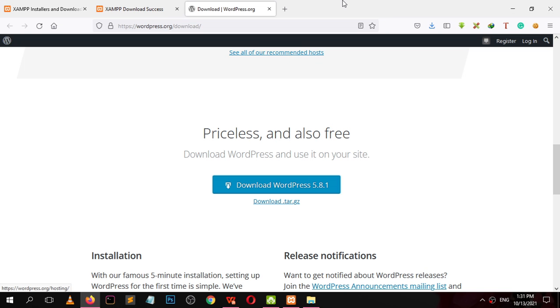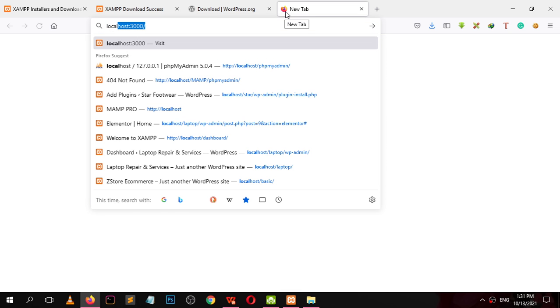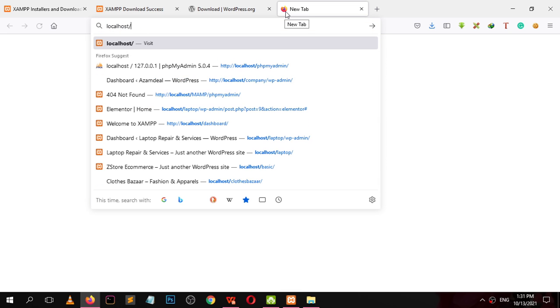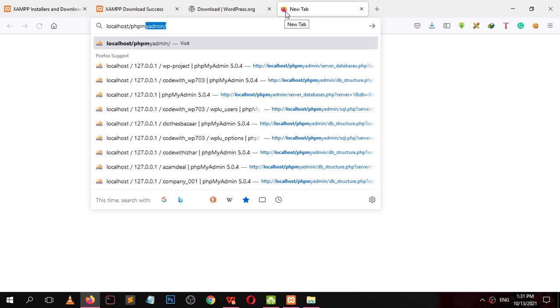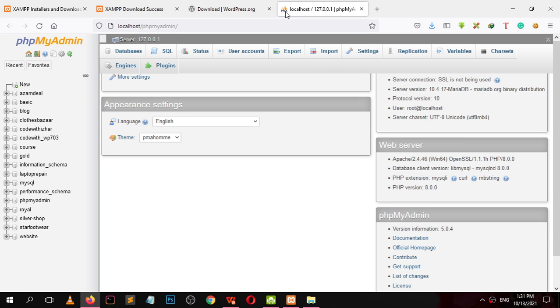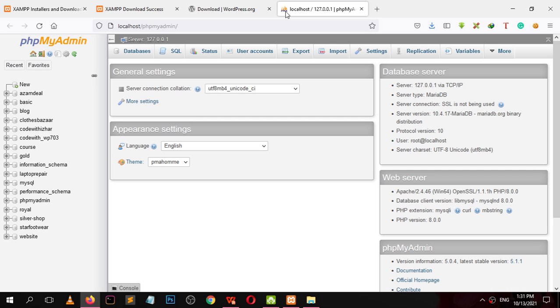Now go to your browser and head over to localhost/phpMyAdmin. Enter. For our new website project, we need to create a new database.